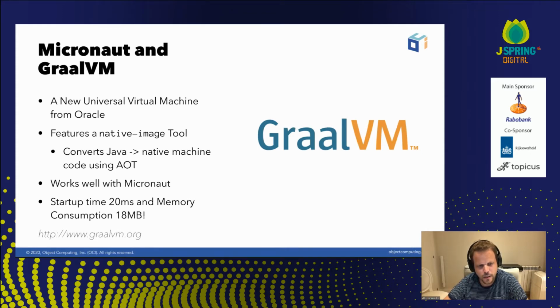In order to get native image working with GraalVM, if you use any reflection or any dynamic class loading or any runtime bytecode generation, you have to provide configuration to the native image tool to deal with those cases. And it just so happened that we weren't doing any of those things with Micronaut. We were not doing reflection. We were not doing dynamic class loading. We were not doing runtime bytecode generation. We were not doing any of the typical things that GraalVM requires configuration for. So Micronaut just kind of worked out of the box with GraalVM and still does.